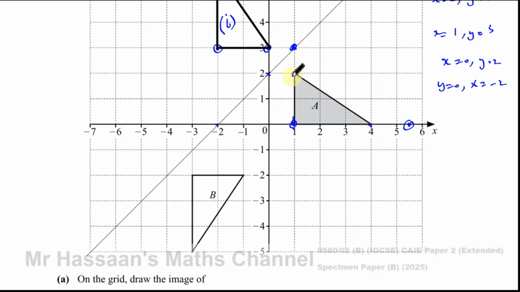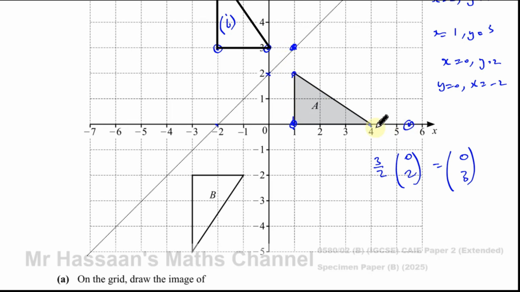So let's look at this point here. How do you get from the center of enlargement to that point by vectors? Well, you go up 2 spaces, so that's going to be 0, 2. If you multiply that by the scale factor, it will tell you the image of that point. So 3 over 2 times 0, 2 is 0, 3. So that means we've got to go from the center of enlargement 3 spaces up,